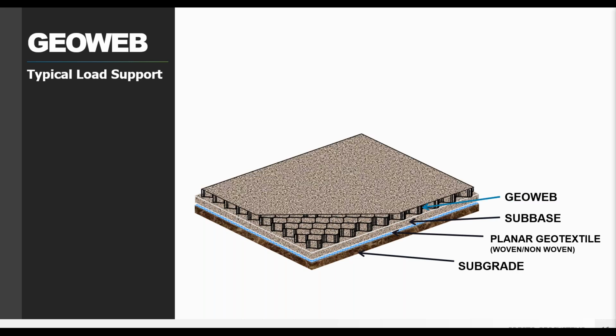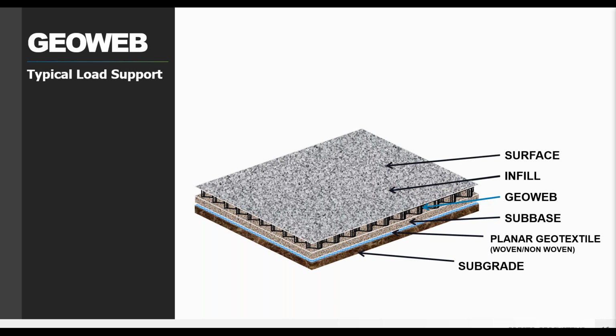And then you're going to place the GeoWeb panels either on top of your subbase layer or on top of the natural subgrade, depending on what layers are necessary. You're going to put in your desired infill material, whether it's stone, sand, what have you. And then you are going to typically want to have what we call a wearing course. This can either be loose aggregate or it can be something like asphalt or concrete if you need a paved surface. And then you apply your load on top of that. So it's pretty important to realize that all of these components work together to support your load. So that's why you have a cross section that looks something like this.